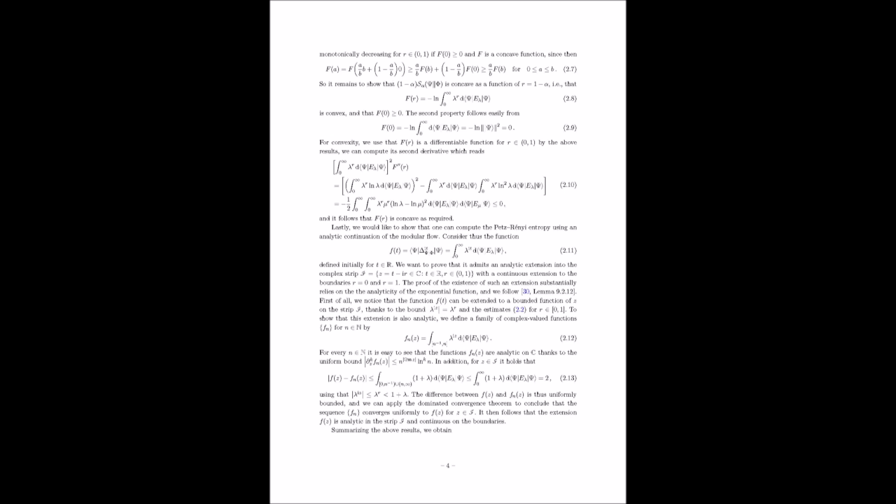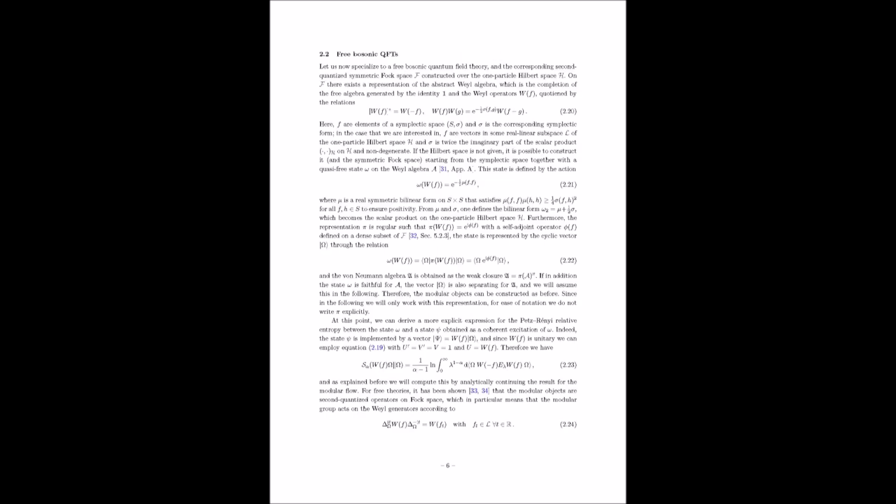That's a great place to start. So you can think of Petz-Rényi relative entropy as a generalization of the usual relative entropy. It's a way to measure how different two quantum states are, but it gives us a more refined and nuanced perspective than the standard relative entropy. Okay, I'm intrigued. Can you give us an example of why this refined perspective matters? When would we need to go beyond the usual relative entropy?